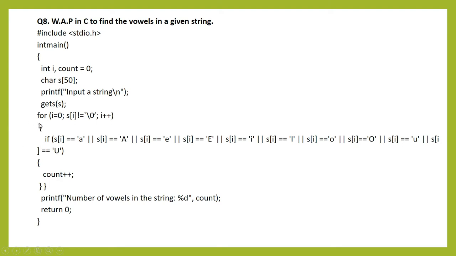Okay, so this for loop, now see, starts from this one and ends at this one. This for loop is going on reading one by one character and checks whether the vowel is there or not by this if statement. If it is there, then the counter is going on counting how many vowels are there. Okay, so when it comes out of the loop, in counter we are having the count of vowels, then you have to print the counter. Okay, so number of vowels in a string is printed as count.